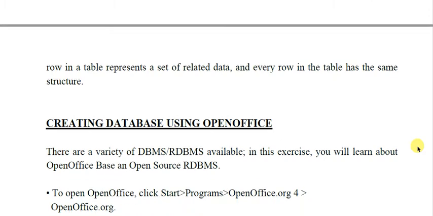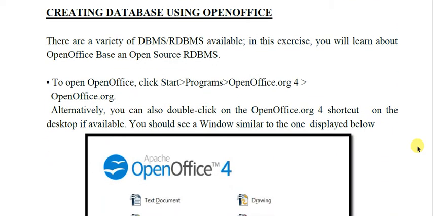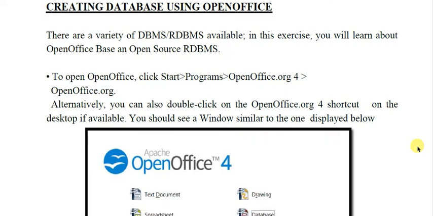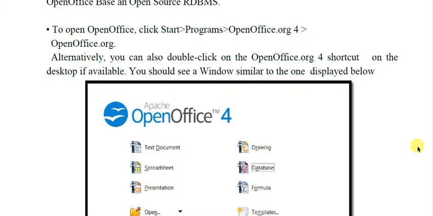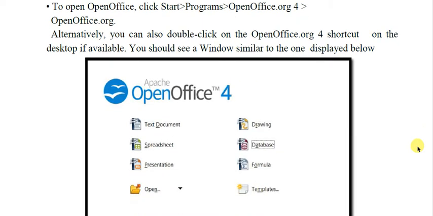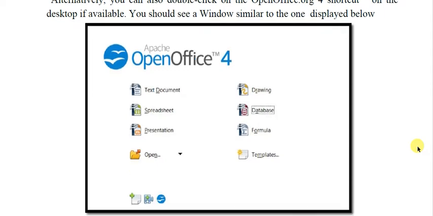Now we come to the main topic, that is creating database using OpenOffice. As you know, we are working with OpenOffice. Now, how to start database? First we have to open Office, by clicking on the OpenOffice shortcut key. So you will be presented with this